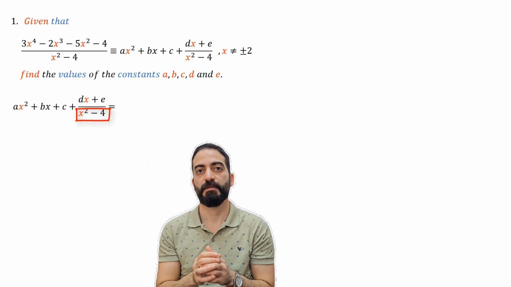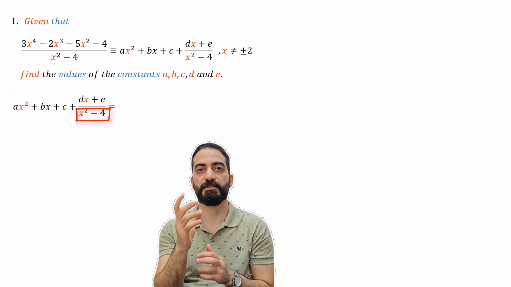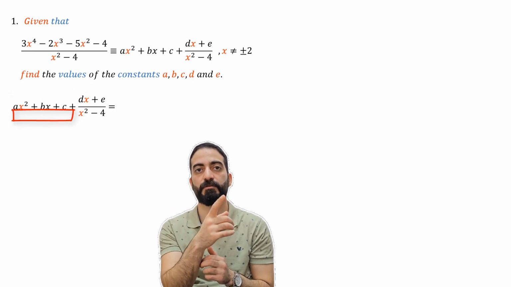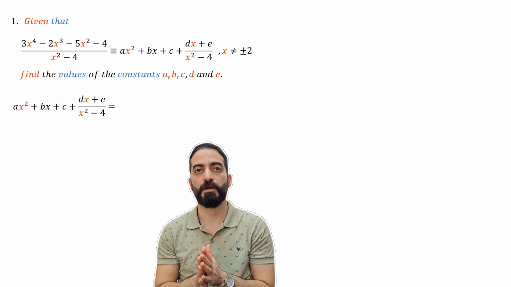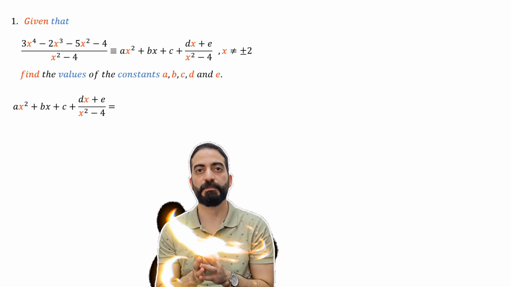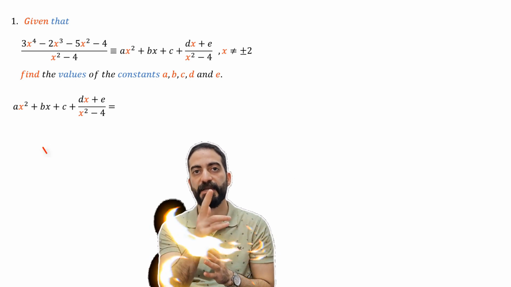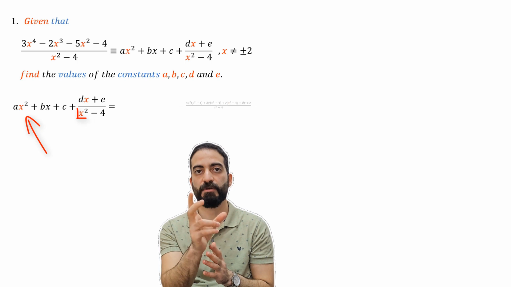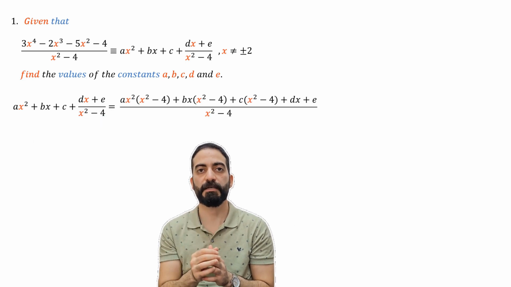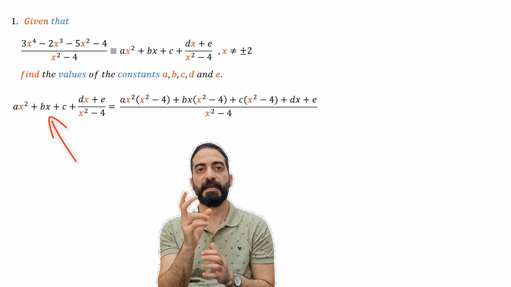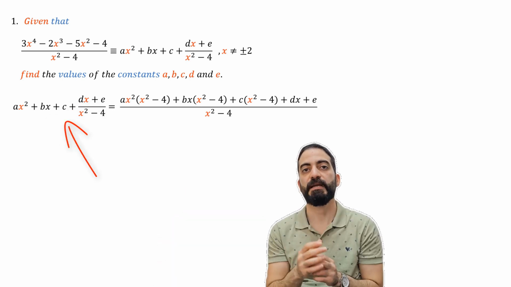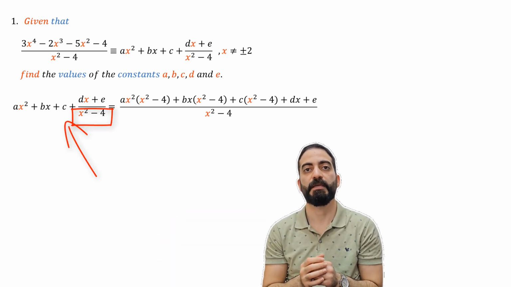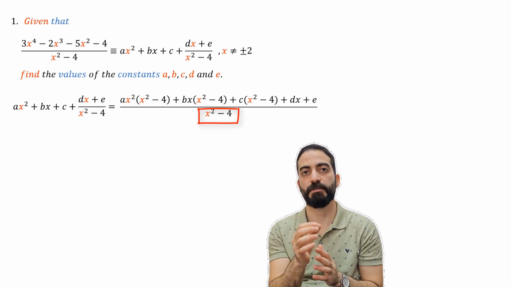Here we have a denominator x squared minus 4, and here we have nothing in the denominator. This means that it is equal to 1. In order to have one denominator, we must multiply Ax squared by x squared minus 4, and also multiply Bx by x squared minus 4, and also multiply C by x squared minus 4, and put one denominator, which is